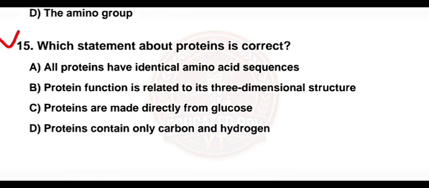Question number 15. Which statement about proteins is correct? Option A, all proteins have identical amino acid sequences. Option B, protein function is related to its three-dimensional structure. Option C, proteins are made directly from glucose. Option D, proteins contain only carbon and hydrogen. Right answer is option B. Protein function is related